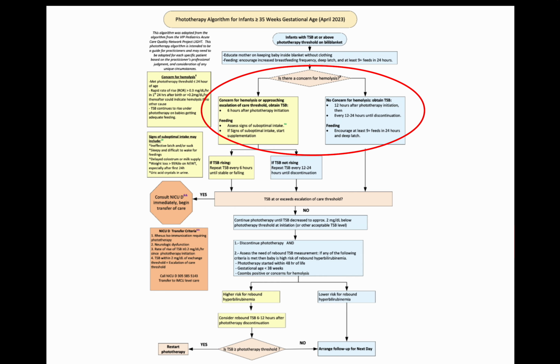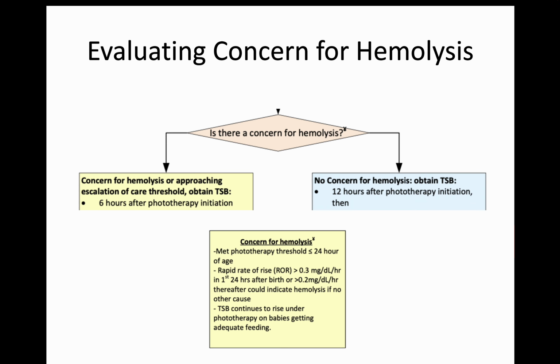So now we'll go into the section of whether or not we're concerned for hemolysis. The things that make us concerned for hemolysis, other than being Coombs positive, is if baby met the phototherapy threshold within the first 24 hours of life. If we see a rapid rate of rise, meaning more than 0.3 rate of rise in the first 24 hours of life, or more than 0.2 thereafter. And then we would also be concerned for hemolysis if the TSB continues to rise despite being on phototherapy and